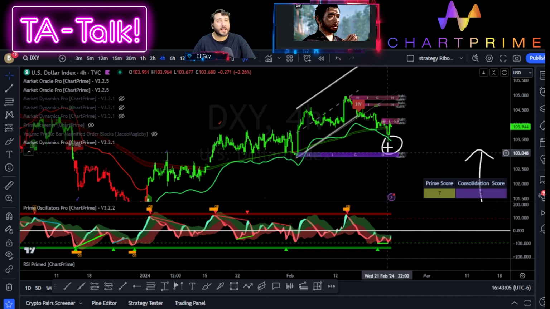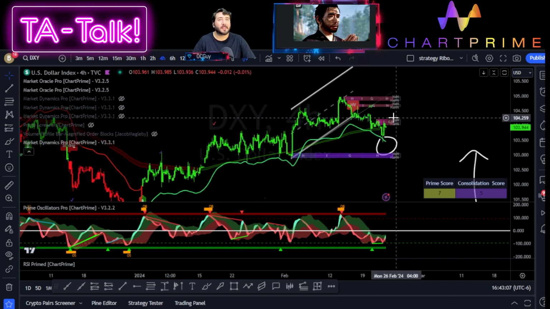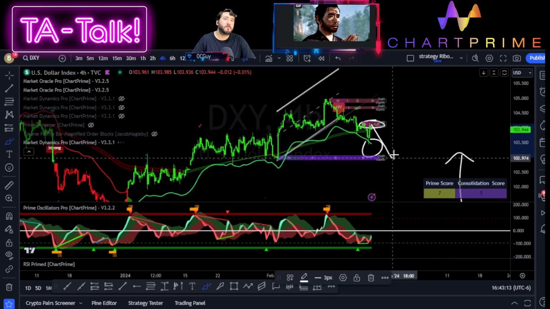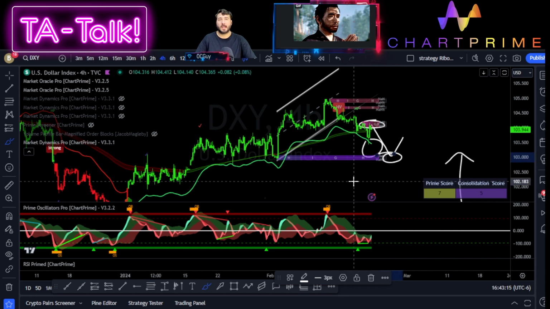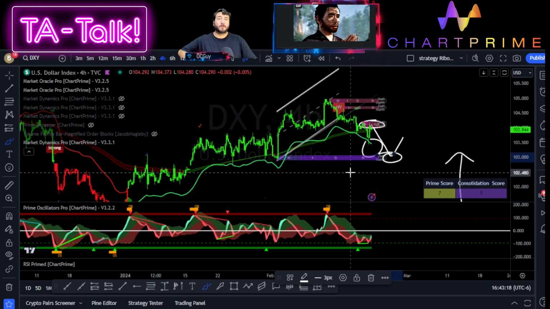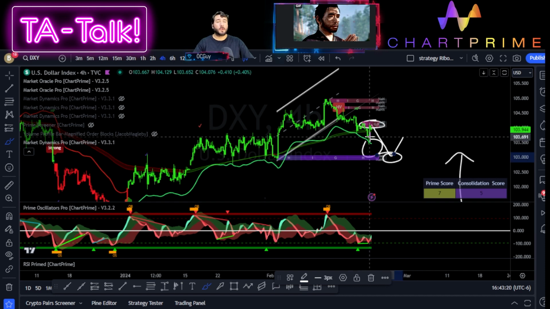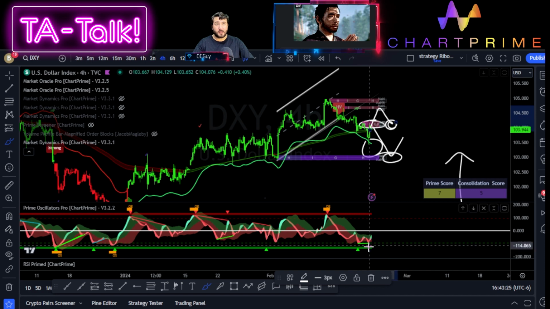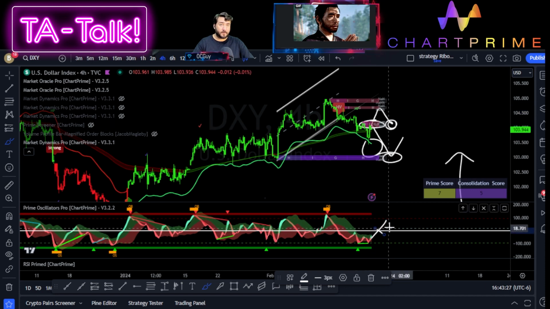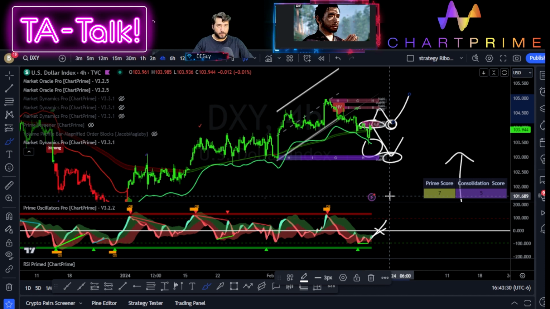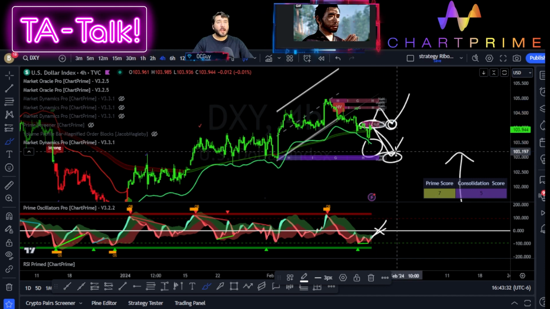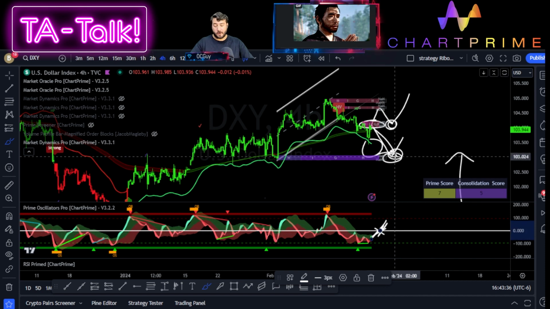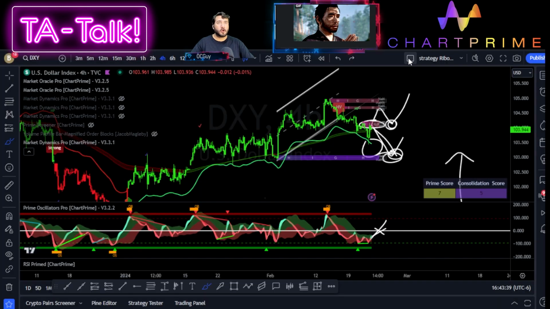So my next possible scenario will be either breaking this high order block or bouncing out of this high order block. For both scenarios, I'll be going for a long, like break, retest. All right, opening a long as I break above the zero line, and off I go. If I go down, I'll be looking again for a flip of the ribbon, and I'm entering for a short-term long.